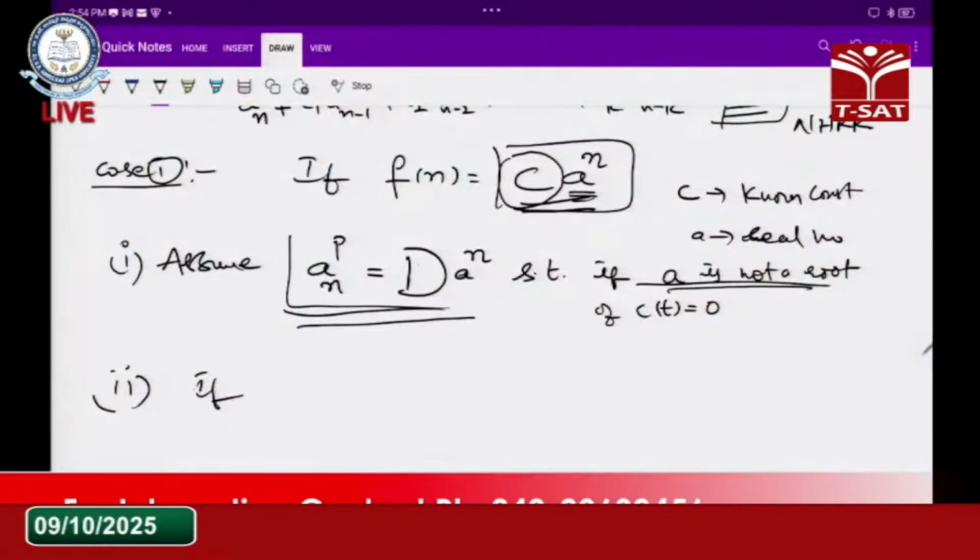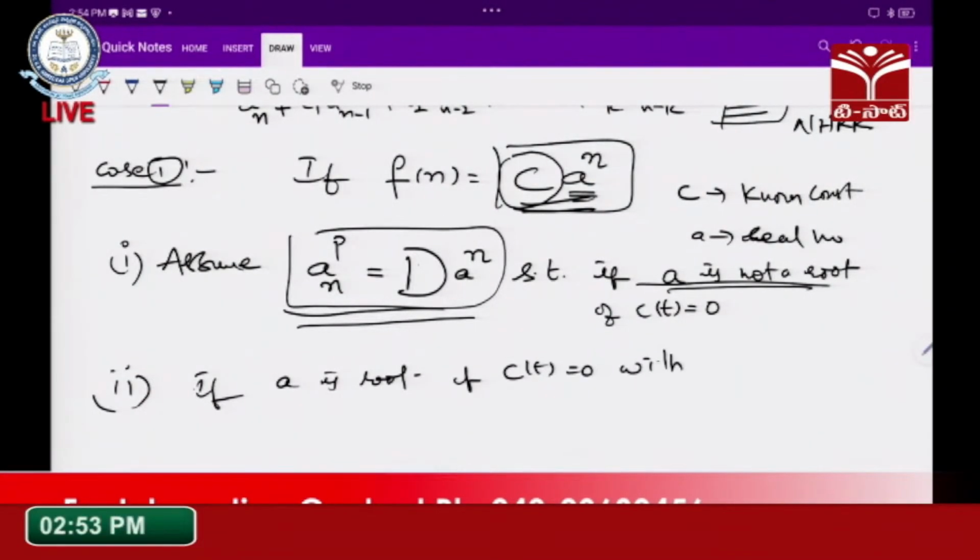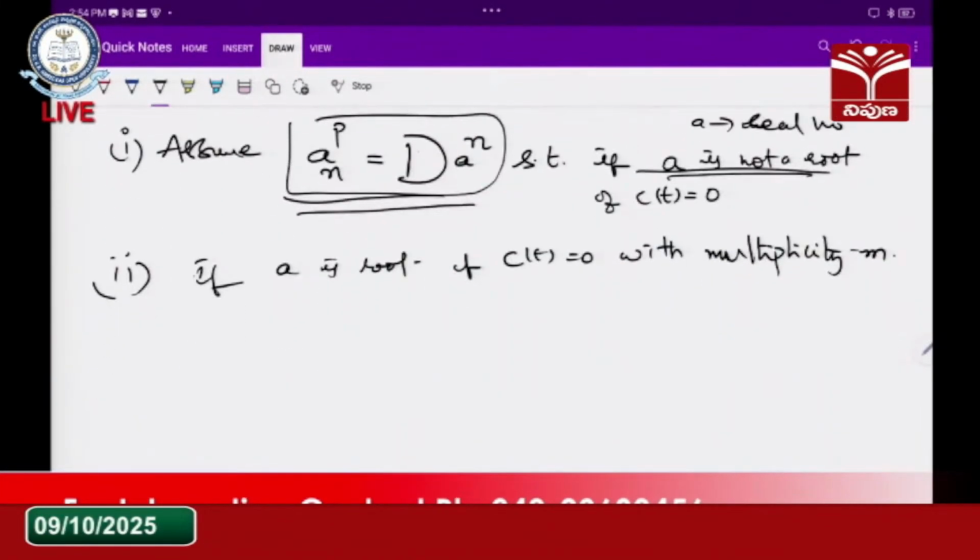Now, if a is not a root, then this is my particular integral assumption. If a is a root of the characteristic equation with multiplicity m — what is multiplicity? It means the repetition number. That means if a is repeated 2 times, m is 2; if a is repeated 3 times, m is 3. If a is a root of the characteristic equation with multiplicity m, then assume the particular integral as